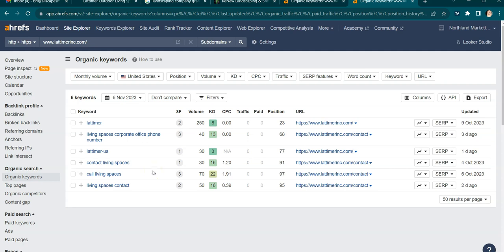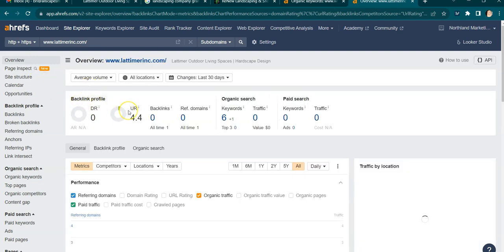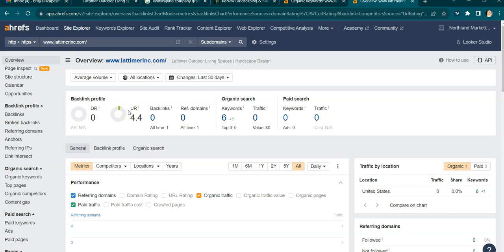So overall, the biggest thing I would be saying is one, to get more content on your home page, two, to get those keywords within the content, and then three, to get some high quality backlinks to help raise your UR and DR rating. We'd be happy to schedule a strategy call to speak with you and talk about how you can do some of those things and discuss it further with you.